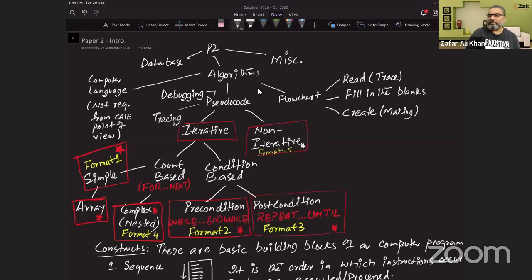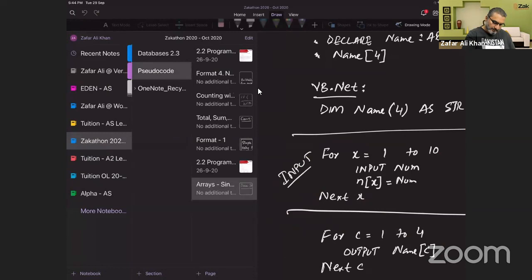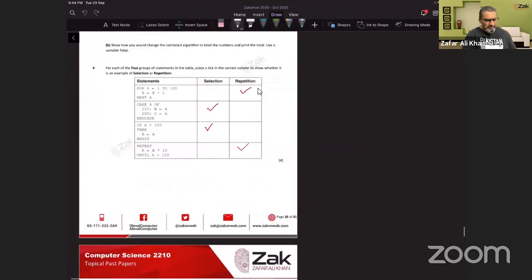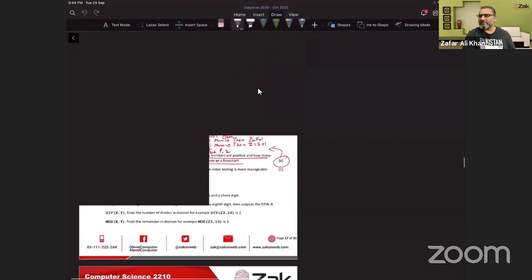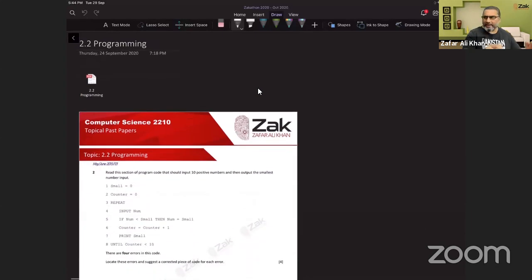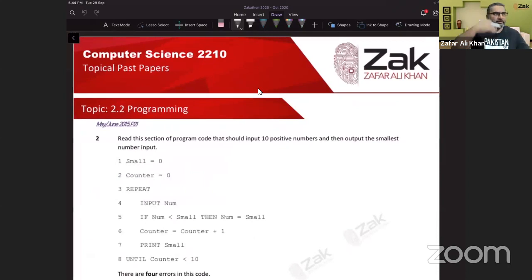So debugging means removal of errors from the given code. We have to analyze the code and then we will find errors in those codes, and it is a very common question, as common as pseudocodes themselves. Now you have to keep all those formats in your mind, because that walkthrough of the formats basically helps us to spot errors mostly. Okay,